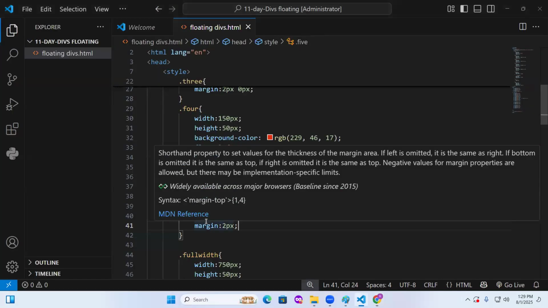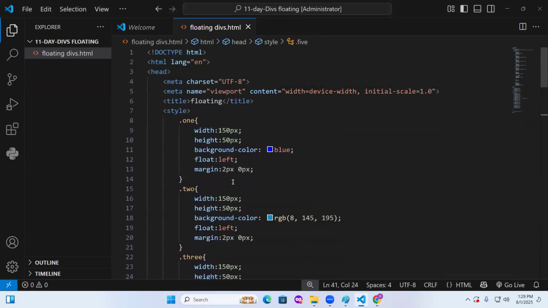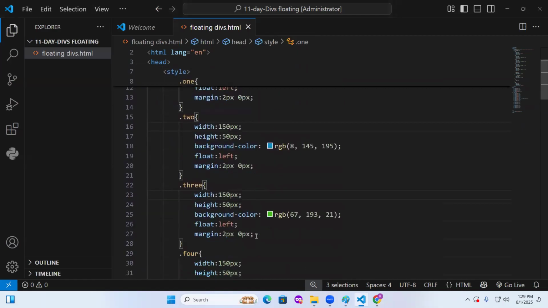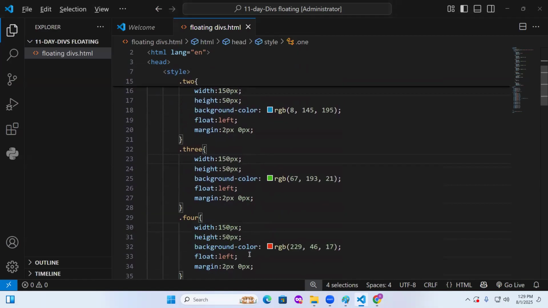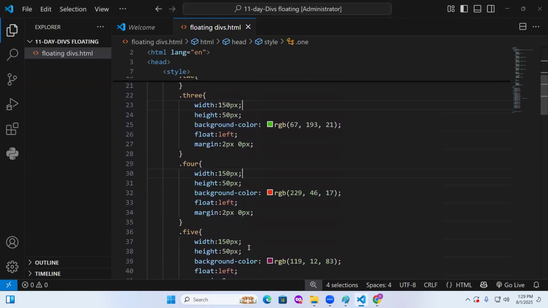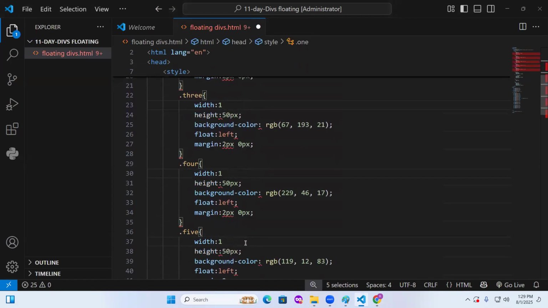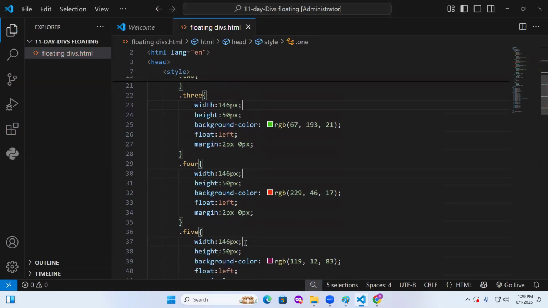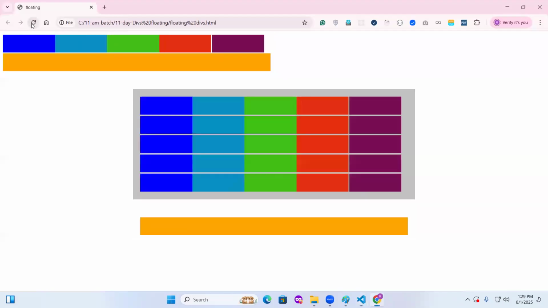So the same value has to be subtracted from the width. What is the value? 4 pixels. What I will do? 746 px. In the third example, you will get more clarity on the